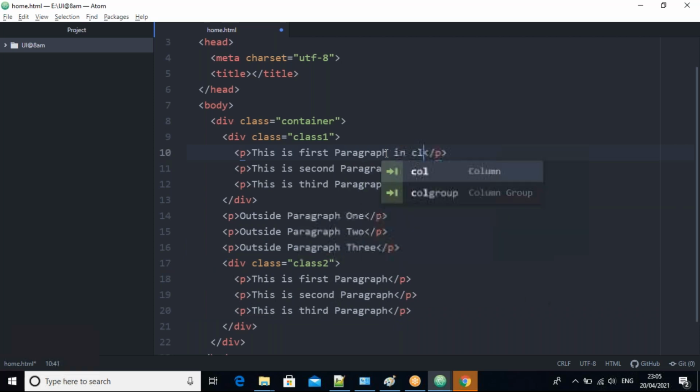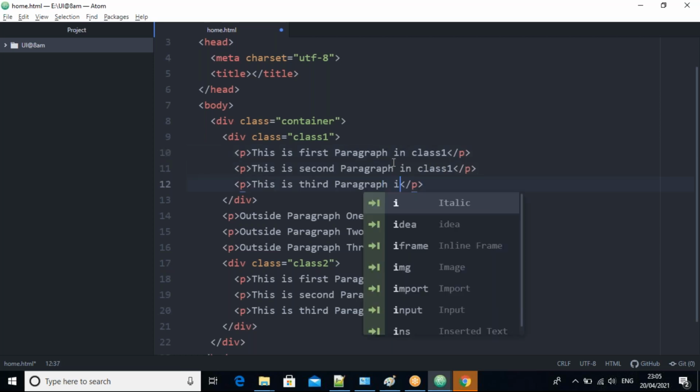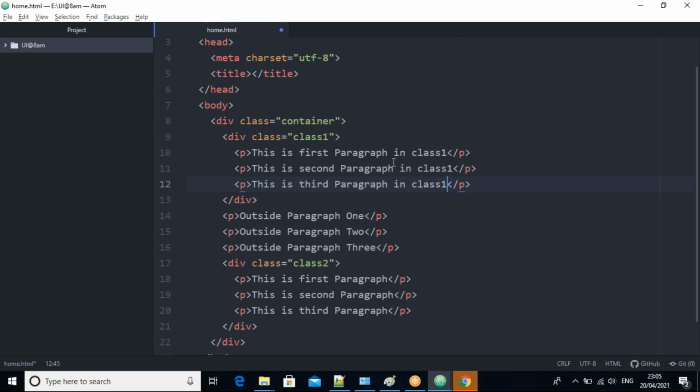Here in class 1, to make the difference, I'm taking one more. In class 1, here also, where is this paragraph? It's also in class 1, guys. But here in class 2, here also in class 2, that's all.